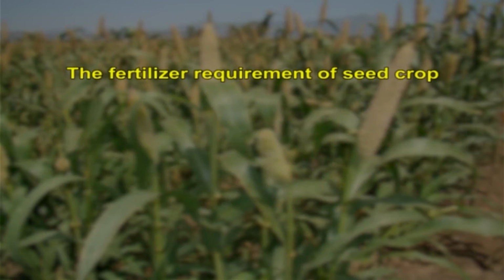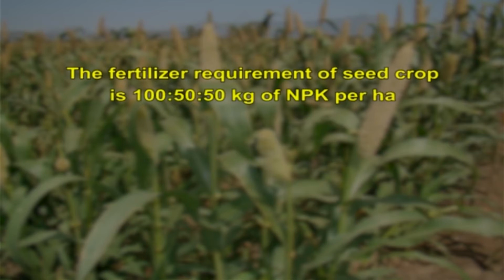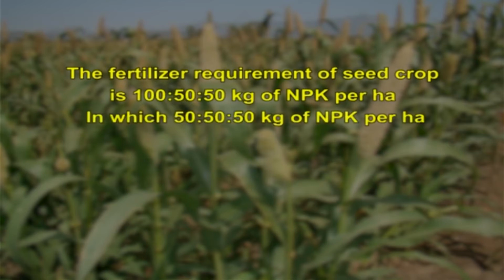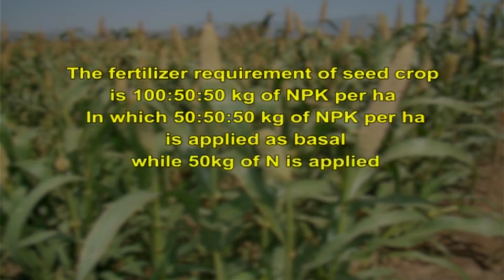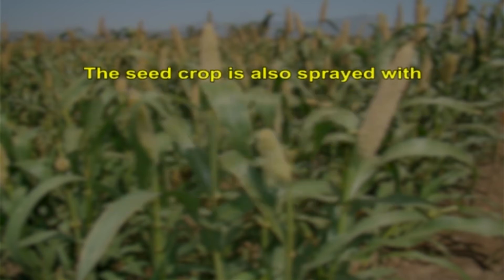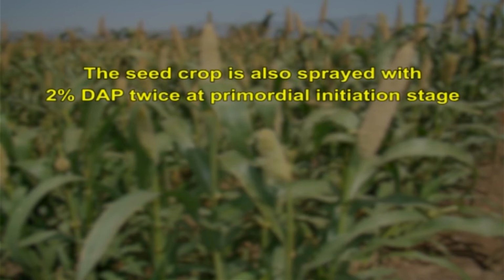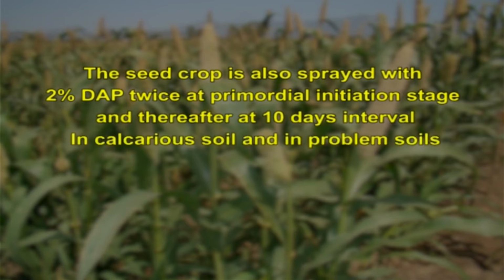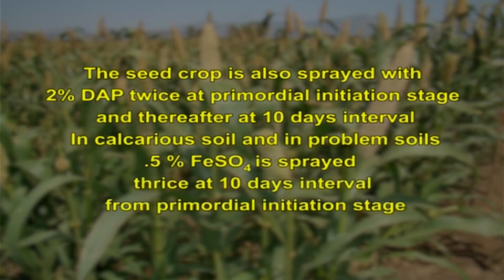The fertilizer requirement of seed crop is 100, 50, 50 kg of NPK per hectare, in which 50, 50, 50 kg of NPK per hectare is applied as basal, while 50 kg of N is applied after 30 to 35 days after sowing at tillering phase. The seed crop is also sprayed with 2% DAP twice at primordial initiation stage and thereafter at 10 days interval. In calcareous soil and in problem soils, 0.5% ferrous sulfate is sprayed thrice at 10 days interval from primordial initiation